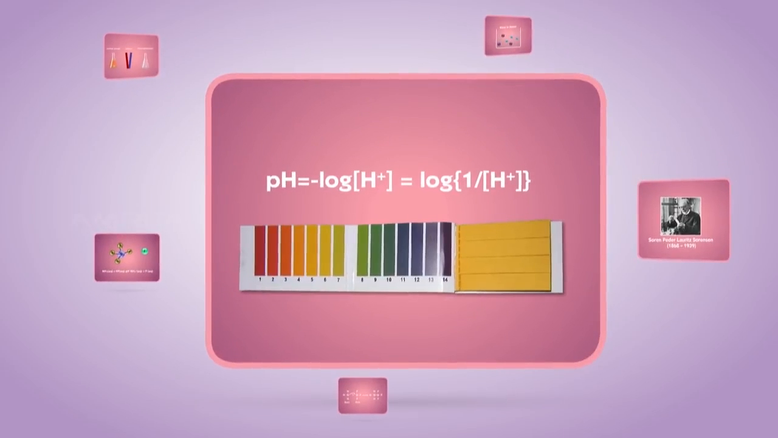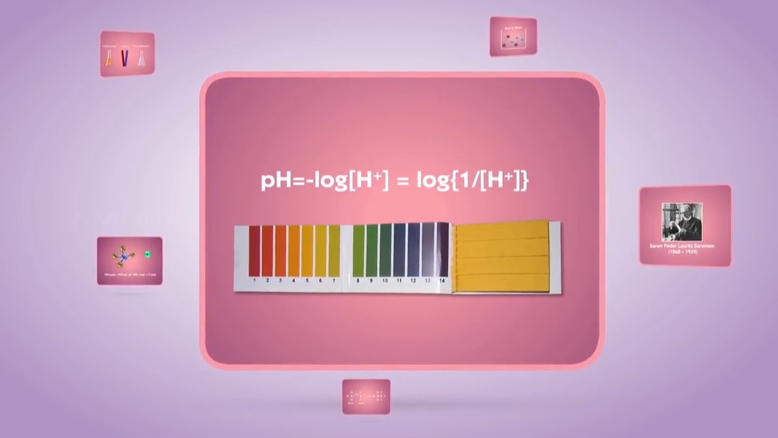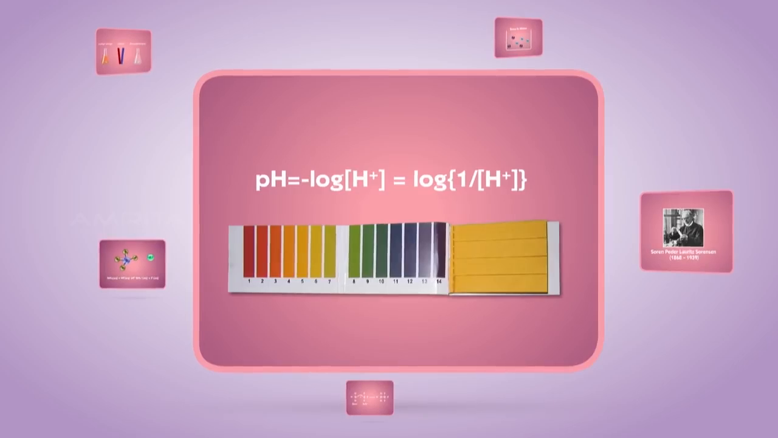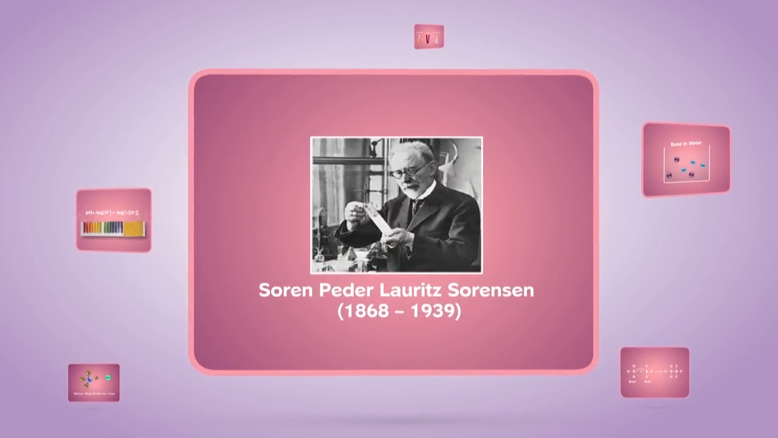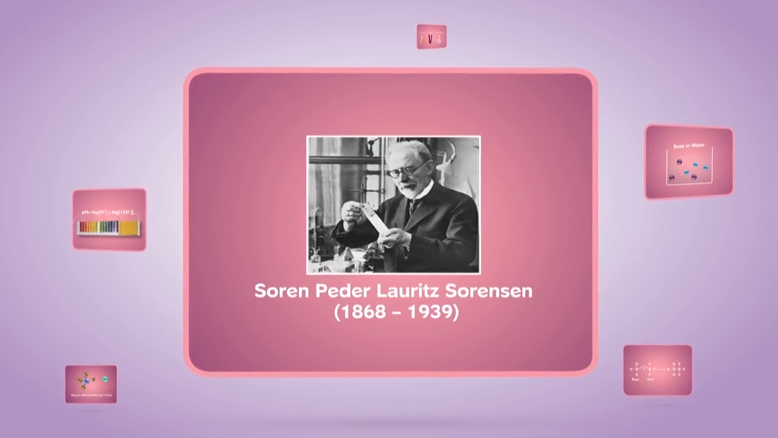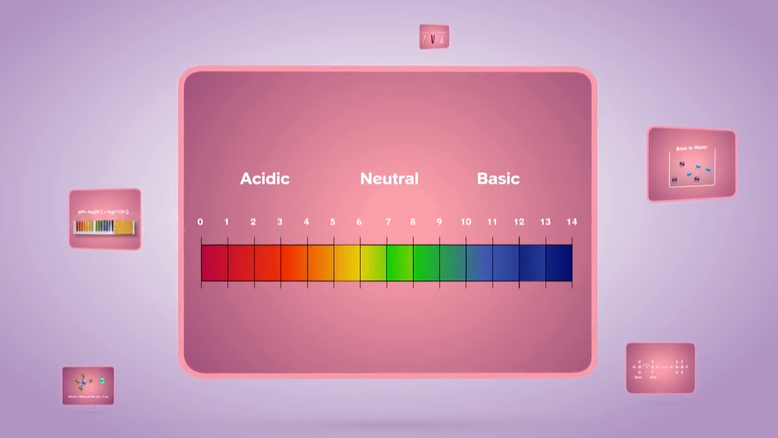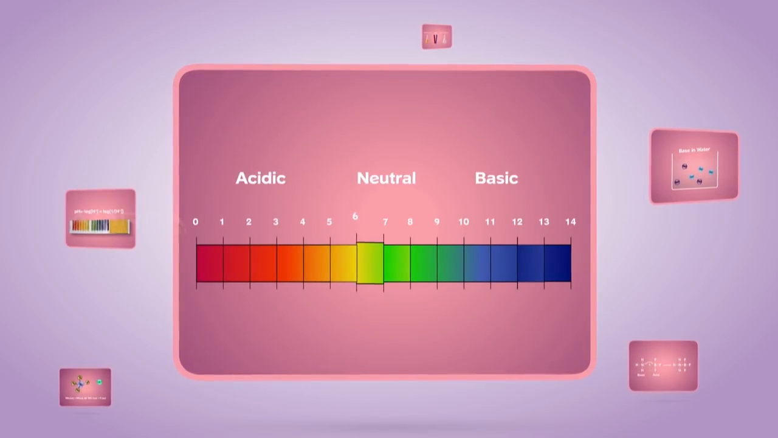pH is the negative logarithm of hydrogen ion concentration, and it has great importance in our day-to-day life. The pH scale was introduced by Søren Peter Lauritz Sorensen. The pH value determines the nature of the solution, acidic,